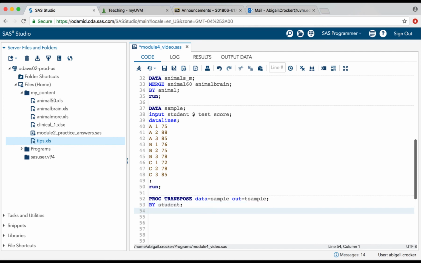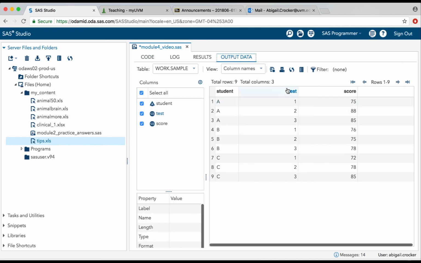And then I'm going to say, all right, what variables do I want here? I want it to be test. I want this to say test 1, test 2, test 3. So really, it's these things here. I want this up here, this 1, 2, and 3. So it's this variable that I want to become my column.